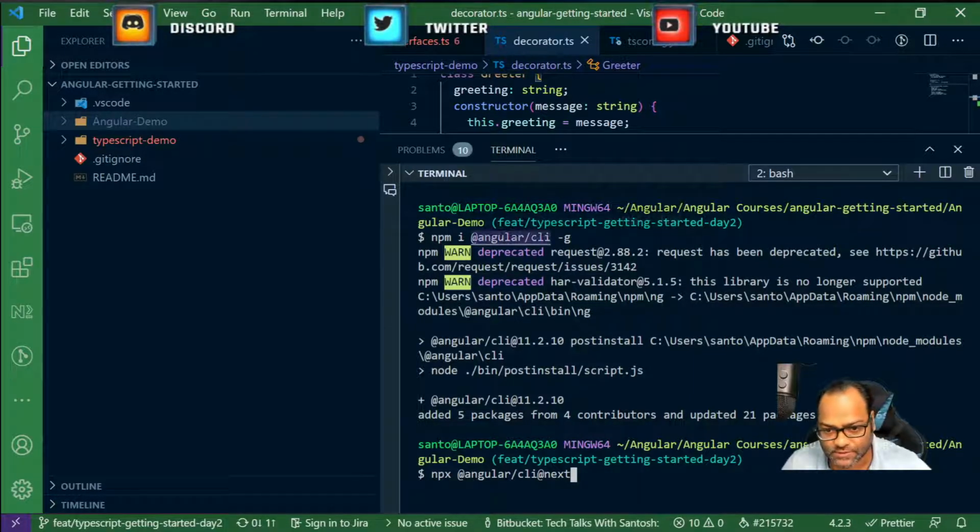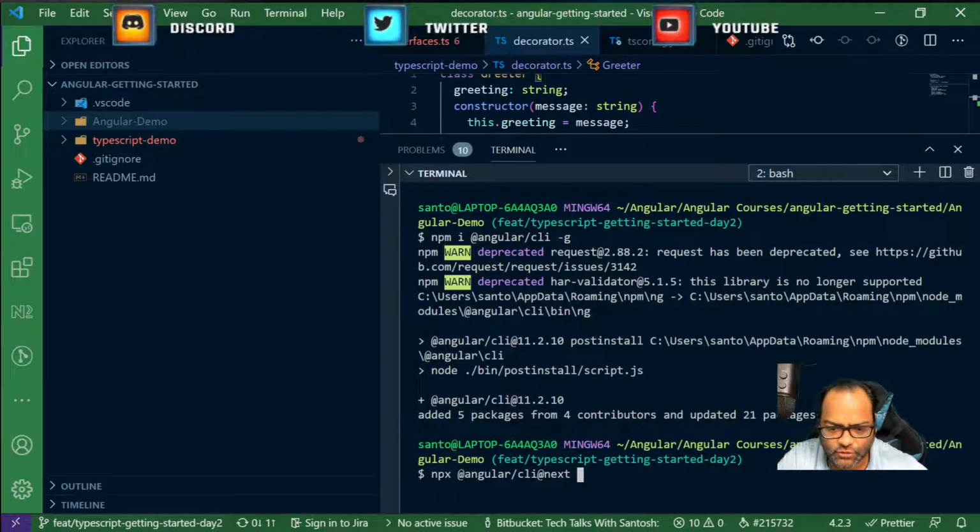You can also pass a specific version here, for example Angular CLI 5 or 6, and it will install that particular version. When you say next, it will install the next version, which is in RC for us.